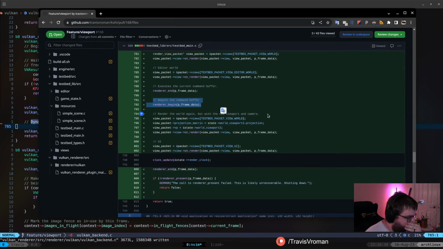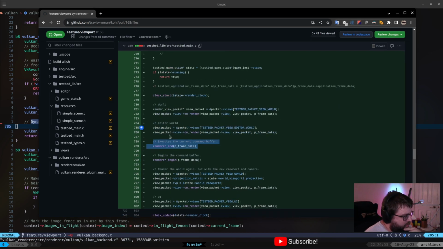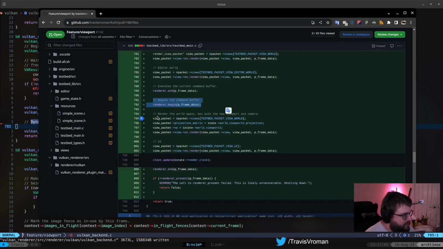So as we were talking about before, we basically have this structure here where we begin a command buffer here, render these two packets, right? And then we end, and we commit that, right? Send it to the queue, and execute all of that. And then we begin the next command buffer, right? And in this case, we render the world again, but with a new viewport and camera. Or at least in this case, not a camera yet, but that's a to-do item, right? So